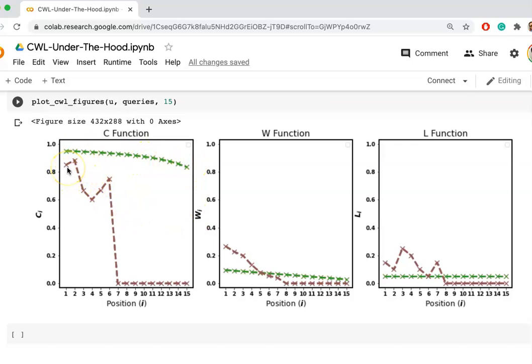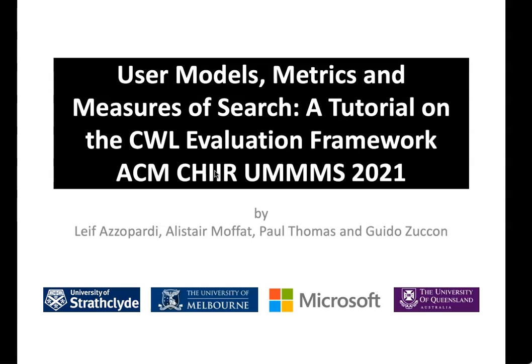But when the costs in the U measure change, then the probability of you continuing changes depending on whether you've consumed a very long item or a very short item. Shorter items mean that you're more likely to continue because you can read through them very quickly, but a longer item takes a lot longer, so you may not necessarily continue past it. That's the intuition behind the metric, and we can see that's reflected here, which is pretty cool. Okay, so that sums up how to look inside the CW metrics using the